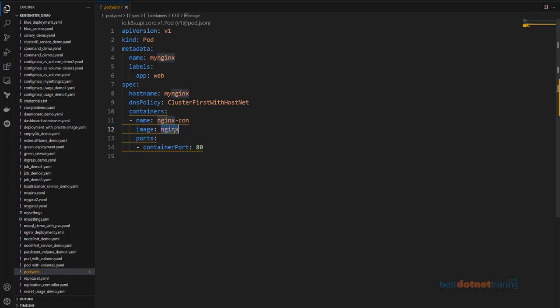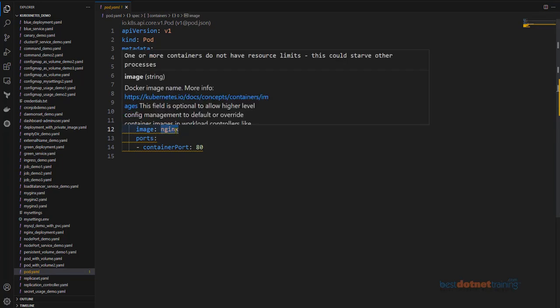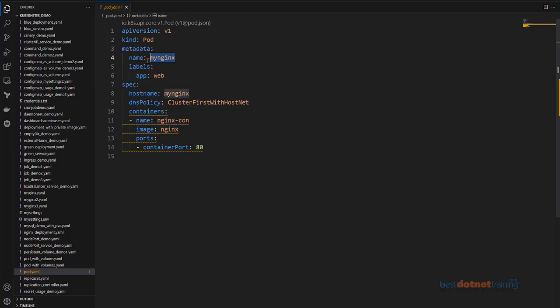Are these all the real values which are in turn used by the Kubernetes cluster? What do you say? Are these the real values? Like the kind of object is pod, what will be the pod name, what will be the container image name, what is the container name? Are these the real values which are used by the Kubernetes cluster?